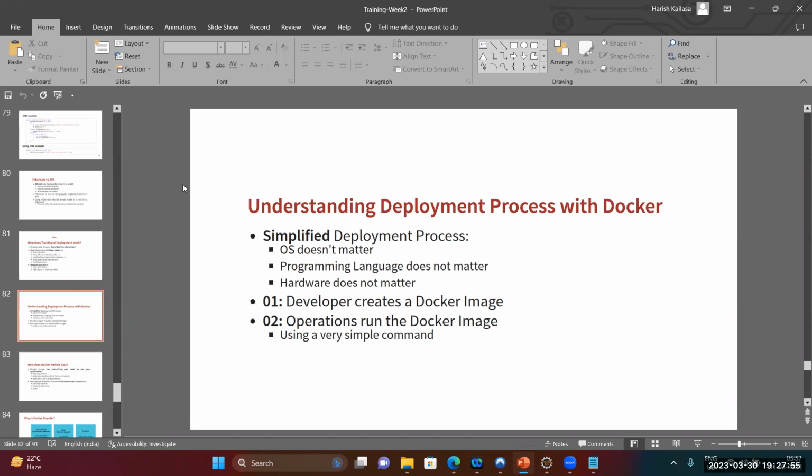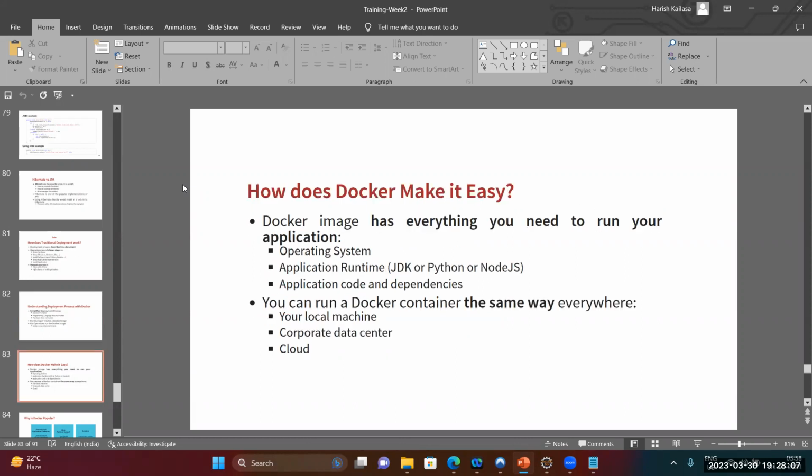Okay, after seeing those commands and all, I think it will be very easy to understand how we were creating images and how we are utilizing that image to run. Okay, this is what we were discussing, right? How Docker makes it easy,